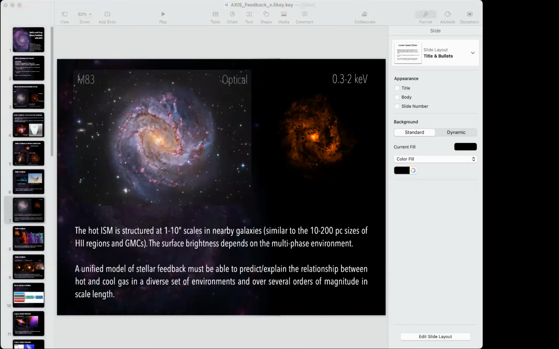But one of the problems with studying hot ISM at the individual star-forming region scale in nearby galaxies is the lack of photons. Here again, the M83 Chandra image shows really wonderful quality data, and you can see a lot of structures after taking out these point sources, and you can actually compare it to the optical morphology. And here I have the